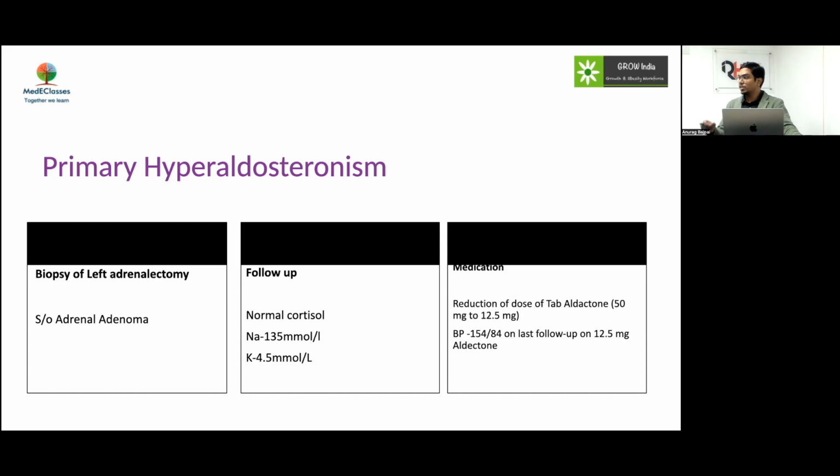So the dose was significantly reduced. The drug of choice in such a patient, if they are not planning surgery, is a mineralocorticoid receptor blocker. Aldactone or eplerenone will be the drugs of choice. So, I think this is another very